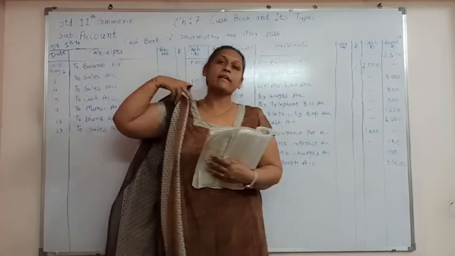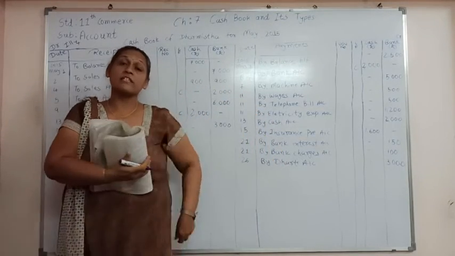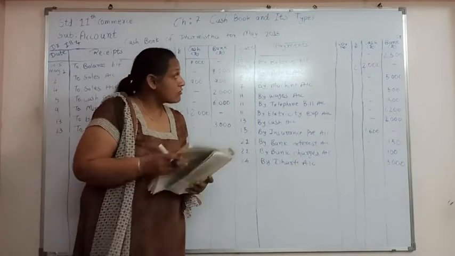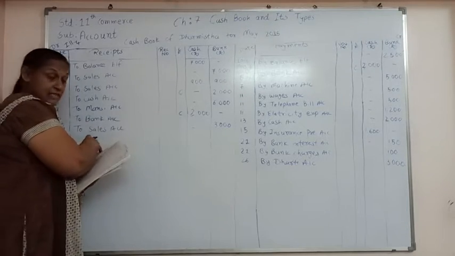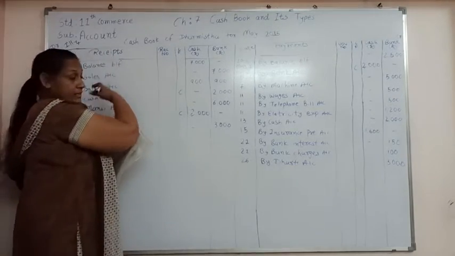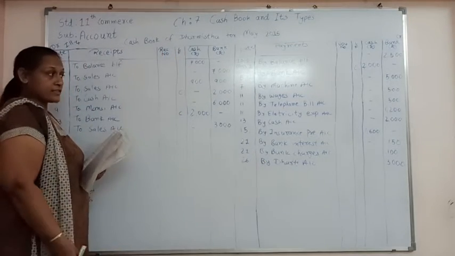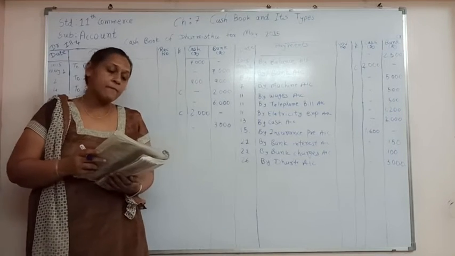So that will be the dishonor of a check. For the dishonor of a check, we are going to write on the other side of the cash book. Here we write down sales on the debit side. The same transaction we are going to write on the credit side by Dharti account. So that will be the treatment of a dishonor of a check.